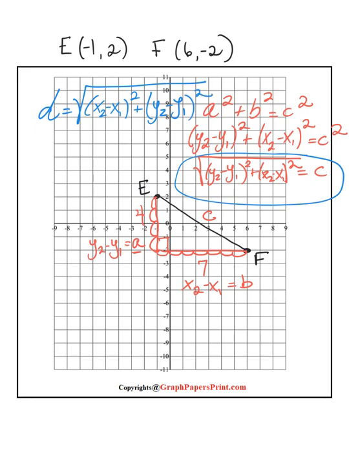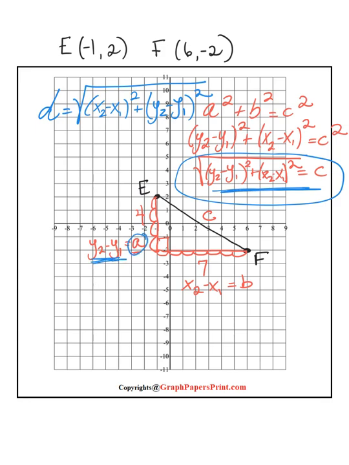So essentially, the distance formula is the equivalent of Pythagoras' theorem on the coordinate plane, where we substitute side A